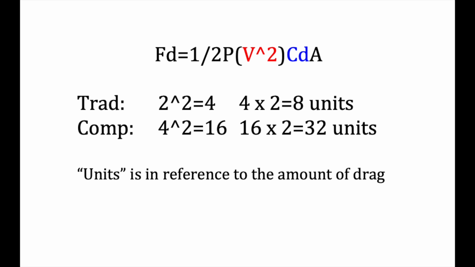We know that the velocity needs to be squared. So we're going to take 2 and square it. That equals 4. We're going to take 4, the speed of the compound bow, and square it, and that's going to be 16. Now, when we multiply both of those by our drag coefficient, 2, as we decided, we see